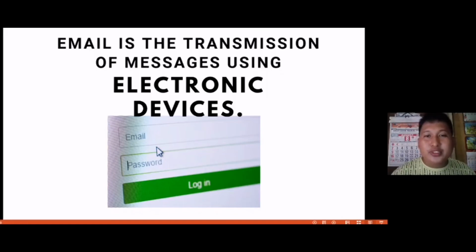Before, if you wanted to send a letter to one person, especially if the person was distant, you needed to go to the post office and send or drop the mail. Then you needed to wait for days, weeks, or a month to receive a reply, depending on the distance of the person that you sent the mail to. Now you don't need to go outside if you want to send a letter. Email is now possible using our own mobile devices.